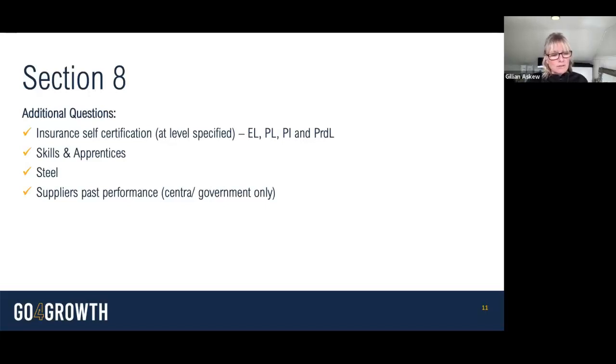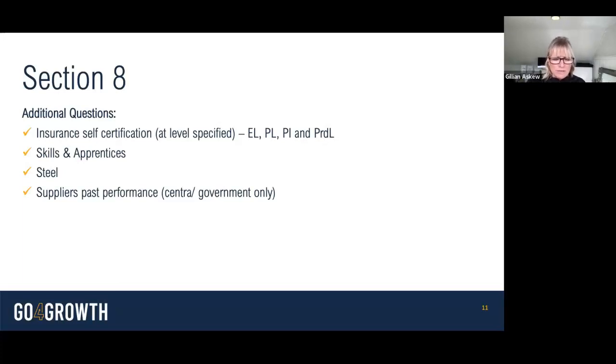Also, the new regulations are making sure that if you do have to buy additional insurances, that you are, through the bid process, certifying that you will have the insurance in place for when the contract starts, that you don't necessarily have to have it in place for the point of bidding. And that's to try and take some pressure off having to put expenditure out before you've actually secured the work.